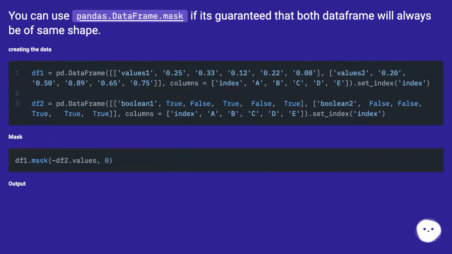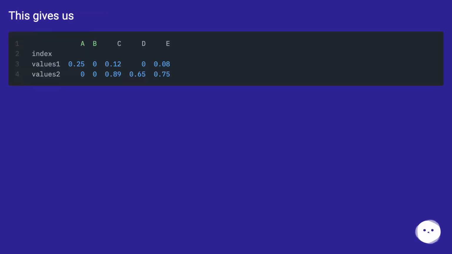You can use pandas.dataframe.mask if it's guaranteed that both dataframes will always be of the same shape. Creating the data. Mask. Output. This gives us